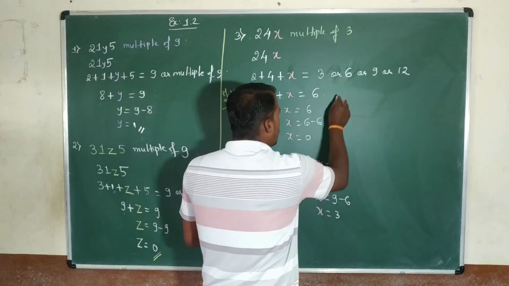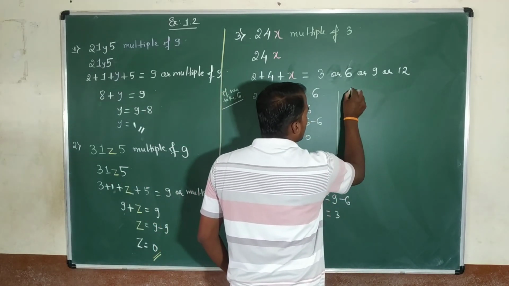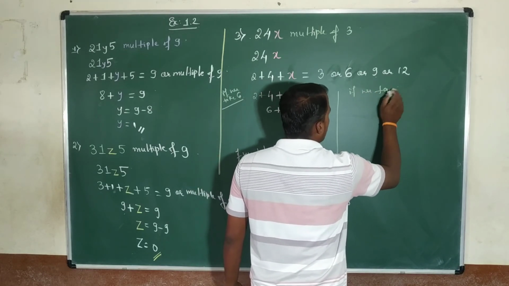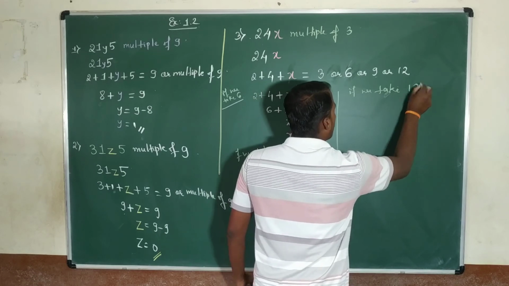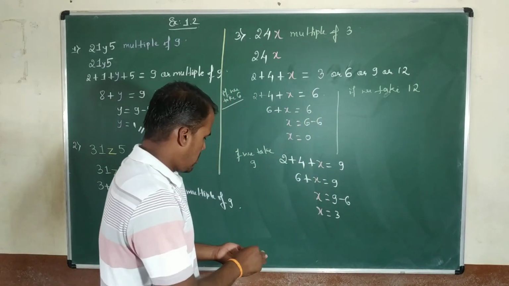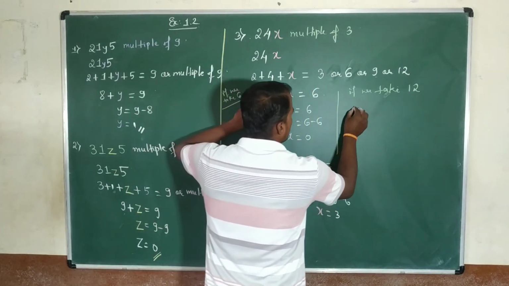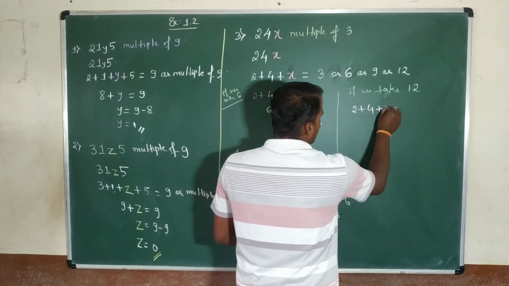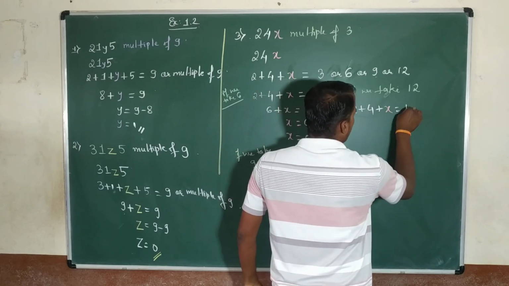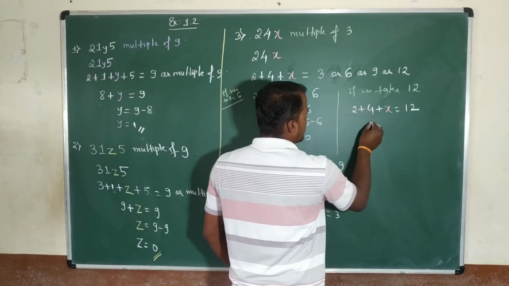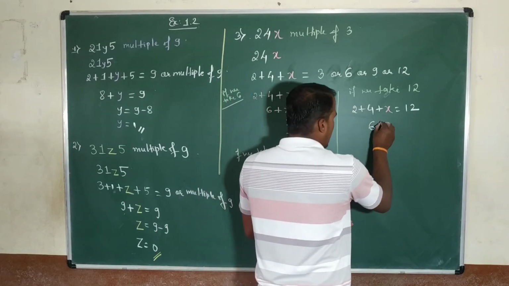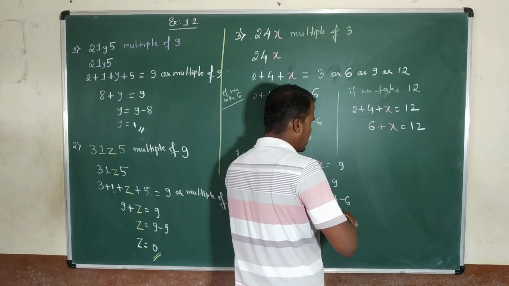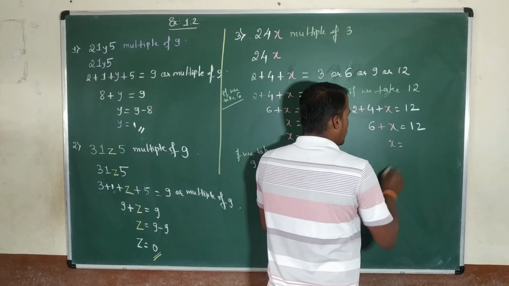Here we have to do one more. If we take 12, then what happens? Observe here, 2 plus 4 plus x is equal to 12. Now 2 plus 4 is 6, plus x is equal to 12. Now x is equal to that 6